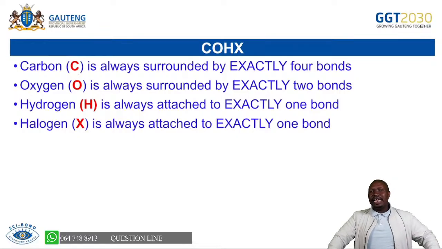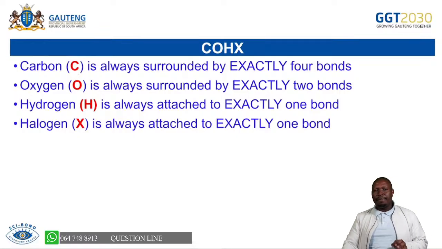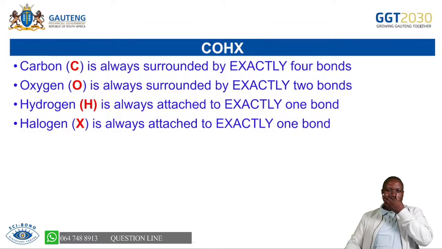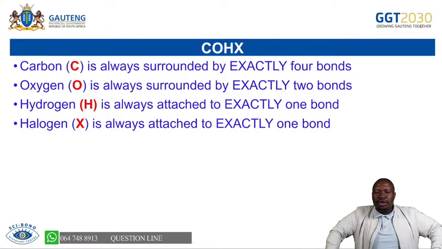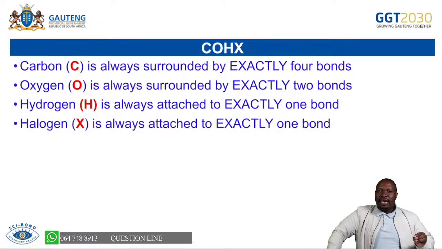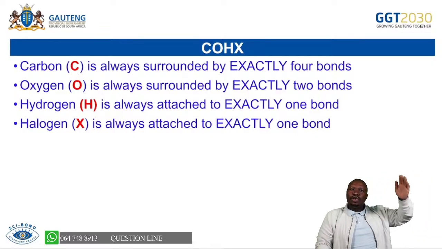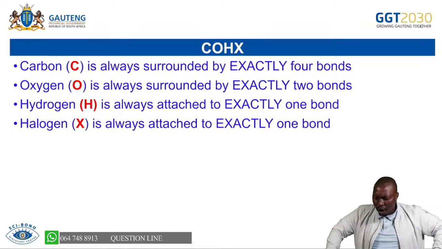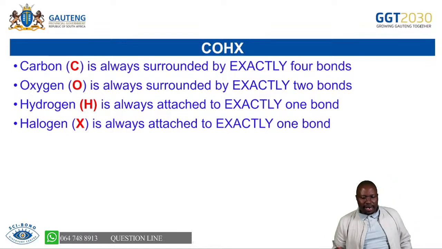Our COGS here that we must wear, and wear with pride, are these ones that I'm going to talk about. This is the most important part of this lesson. We're saying the atoms that are involved in these organic molecules in grade 12. Remember, the focus is grade 12. When you go to university, they will increase the scope and you will do as many atoms as possible. But for grade 12, we are focusing on only four atoms. And we are saying COGS.